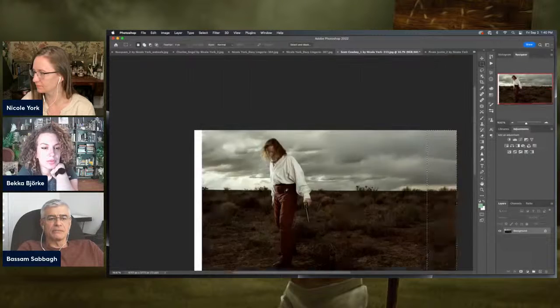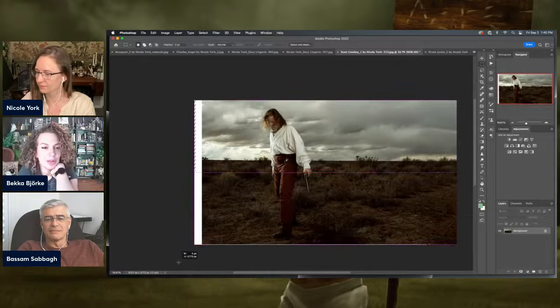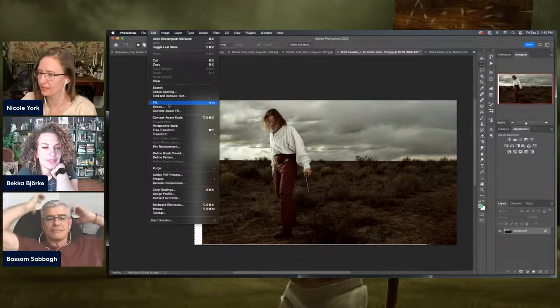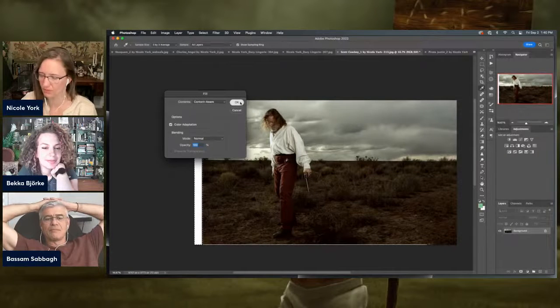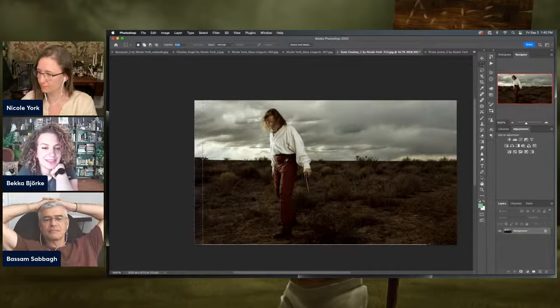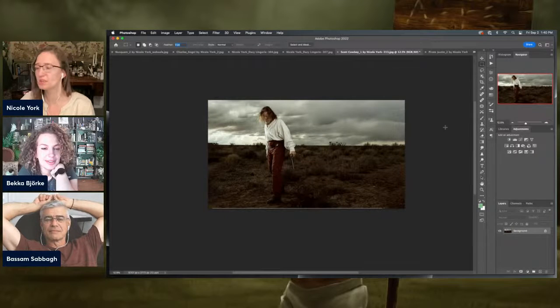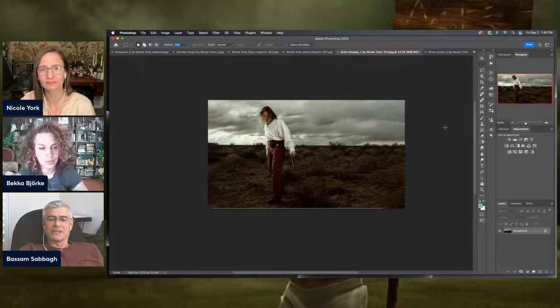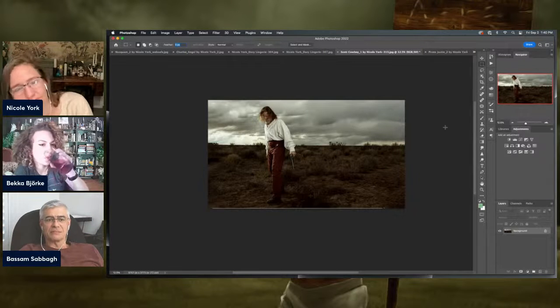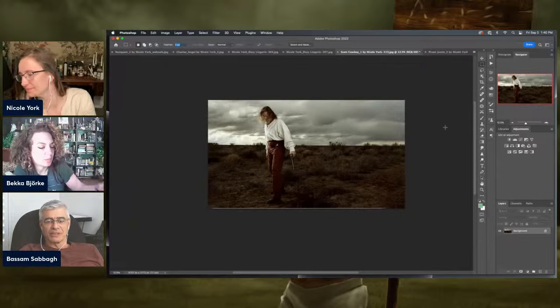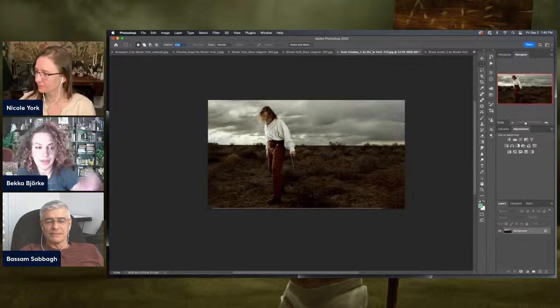Shift F5, enter. You can do it with the crop tool automatically too. Yeah. See, I haven't even been doing any of this stuff lately, so you guys are way ahead of me on things that we can do. That still works. I mean, it still works because the idea is the same, right? Yeah, but I guess the point is to experiment with aspect ratios, regardless of how it was shot.